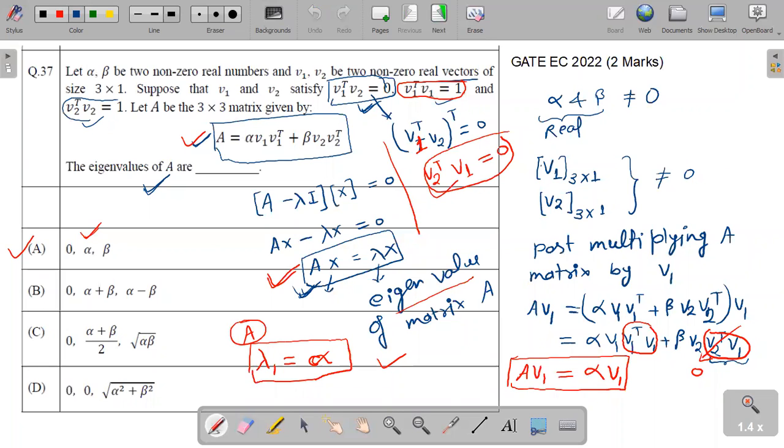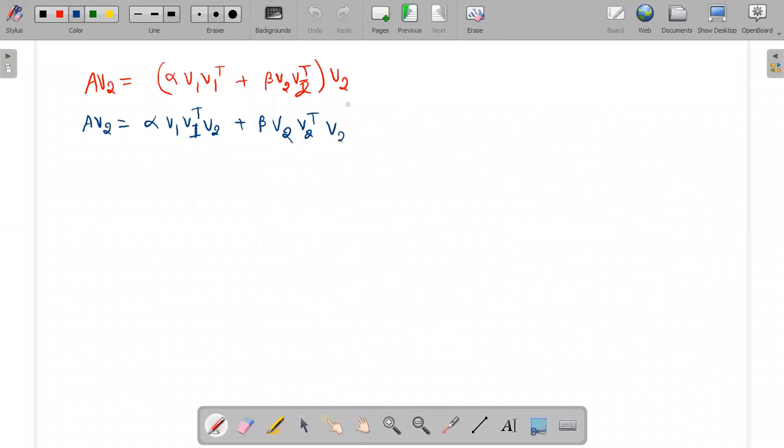B2 transpose into v2 equals 1, and b1 transpose into b2 equals 0. So we will put this condition, that is b1 transpose into v2, which is this value 0, and b2 transpose into b2, this value is given as 1. So we are left with A v2 equals